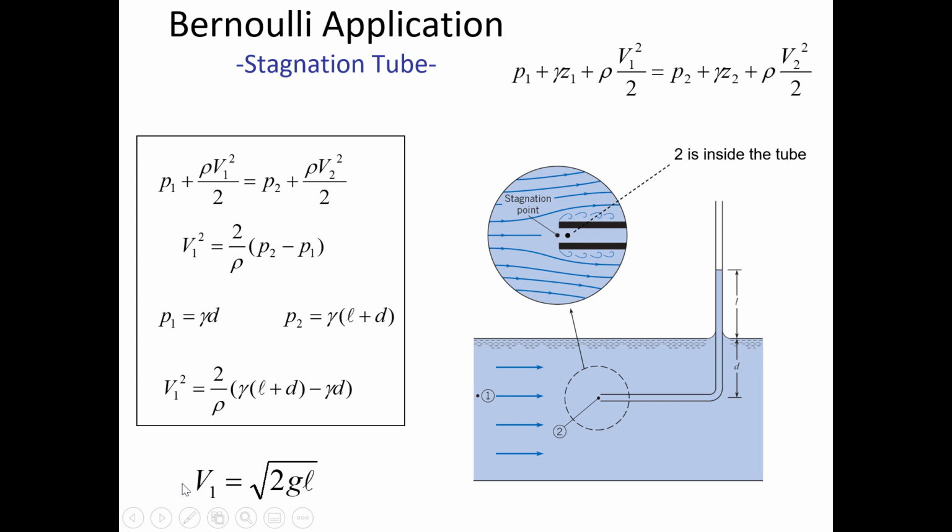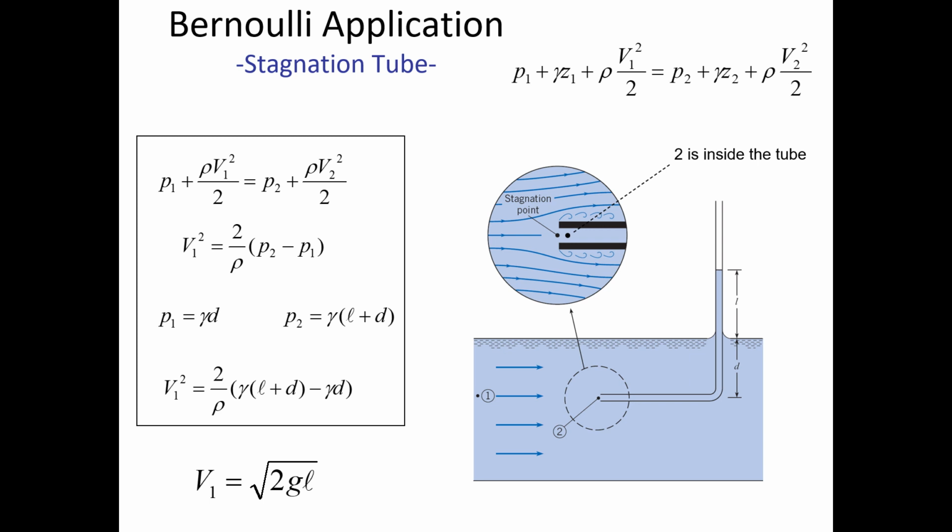So this kind of just tells us where we get this equation. V is the square root of 2gL, where L is some distance. And we're going to see this in the lab today. Today in the lab, we're going to use Bernoulli's equation to calculate the flow velocity out of an orifice. And the orifice equation is usually written in a similar way to what you see on the screen there. But the velocity is the square root of 2gh, where h is the